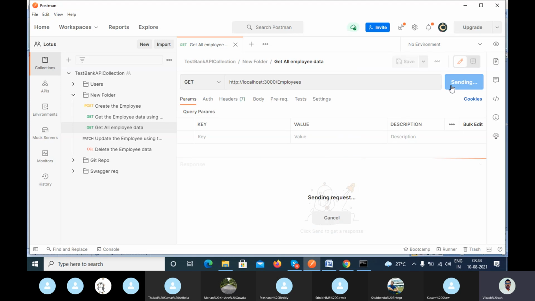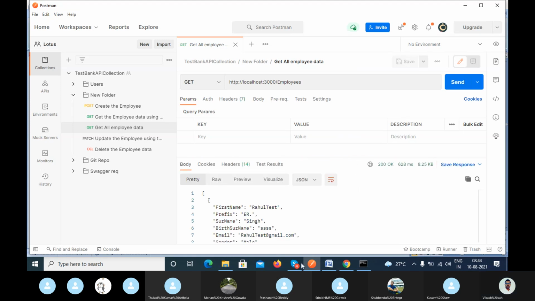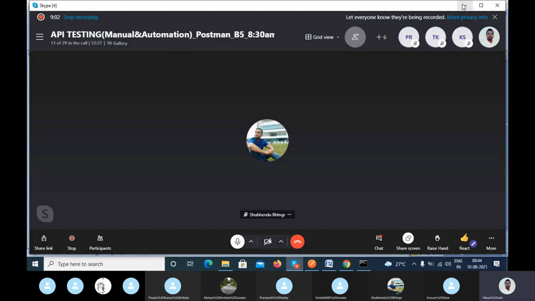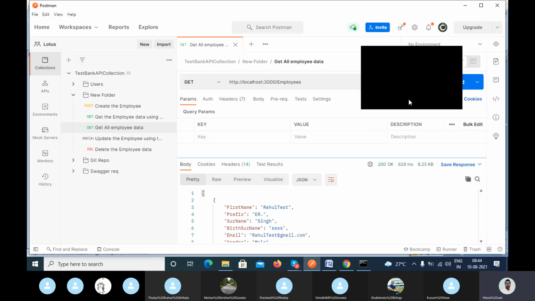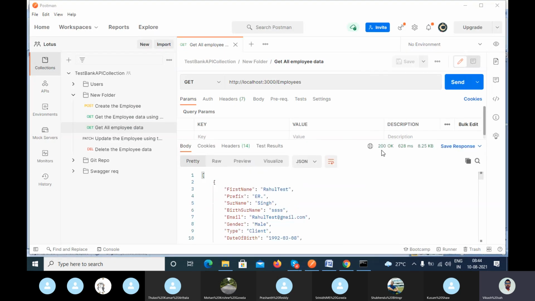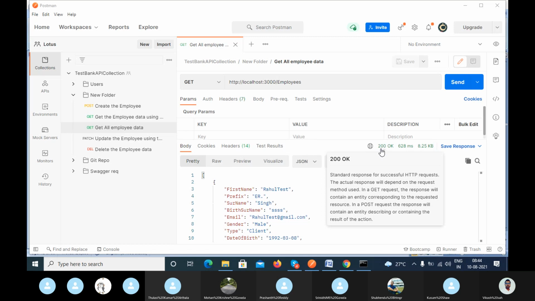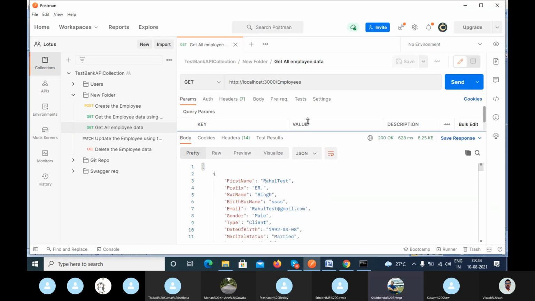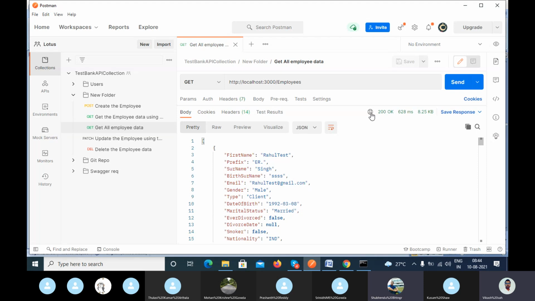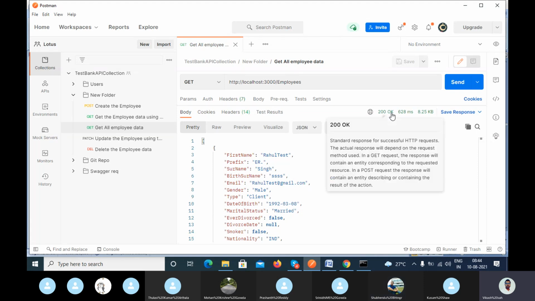If I'm calling this request, can you see the status code, guys? What is the status code? 200. And when you hover your mouse over it, you can see the message.